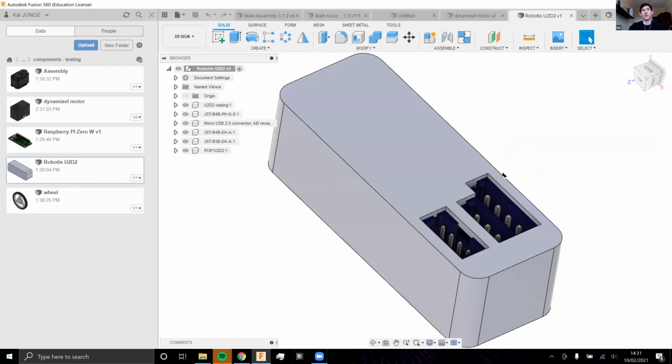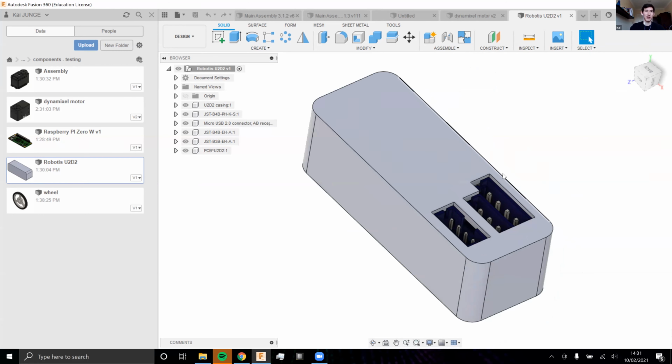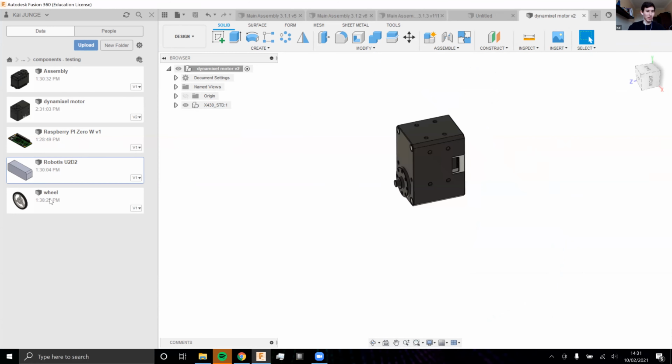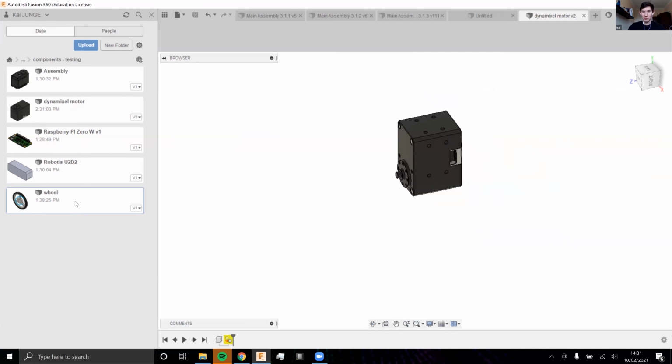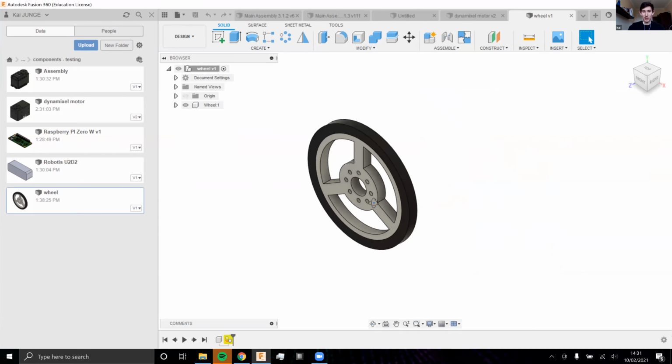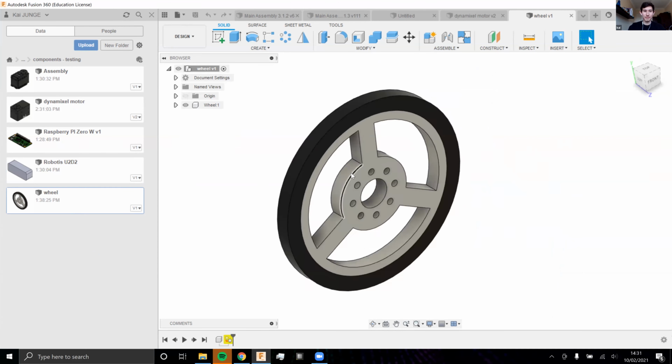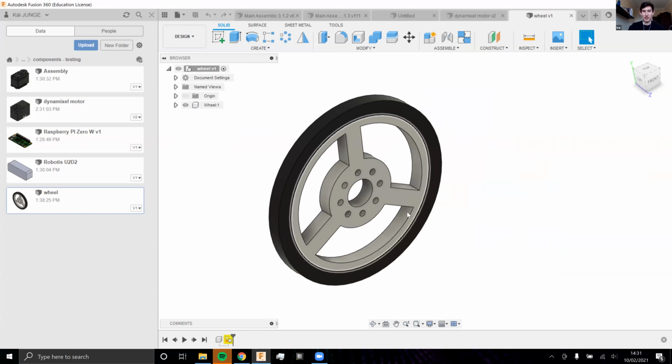If you're using a DC motor, for example, in your Varsity Minibots robot, you might be using an H-bridge motor driver, which you guys used. So these are just other components which you would need to make the robot into reality. I've also made a wheel just before this meeting. This is just a random design of a wheel. It doesn't necessarily need to be like this, but